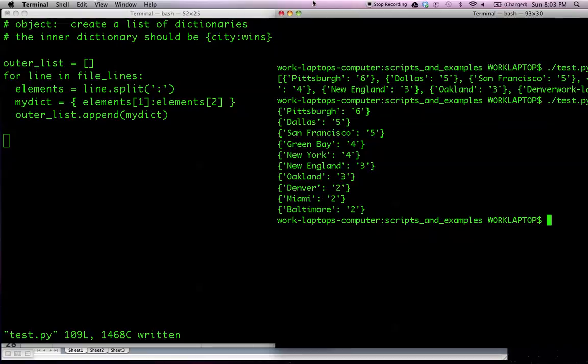And I have shown you an example of building a list of dictionaries. Not terribly practical, but certainly does use the same techniques that we would use to build, let's say, a dictionary of dictionaries or a list of lists. If you do want a demo of building a dictionary or a list of lists, I certainly will do that,